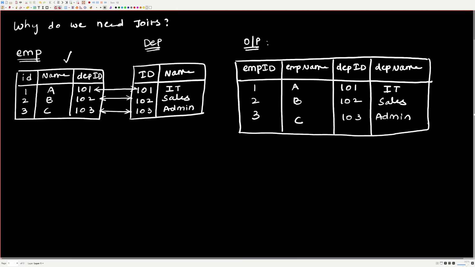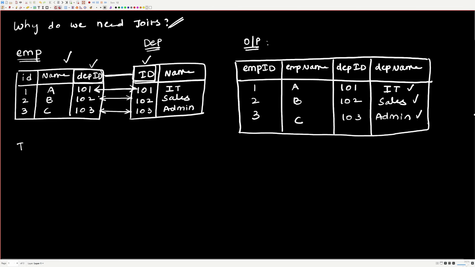So what you will do is check if there is any other table that has the particular column that you want. And you will also check if there is any other column that you can use to join these 2 tables. This department ID is called the common column. That common column is present in both the tables. That is the reason you're using this department ID column to match 101 with 101, 102 with 102, 103 with 103 and bring the IT, sales and admin department names. So this process is called join.